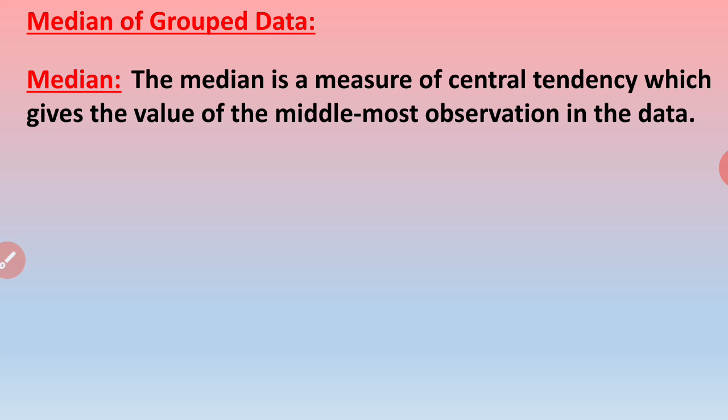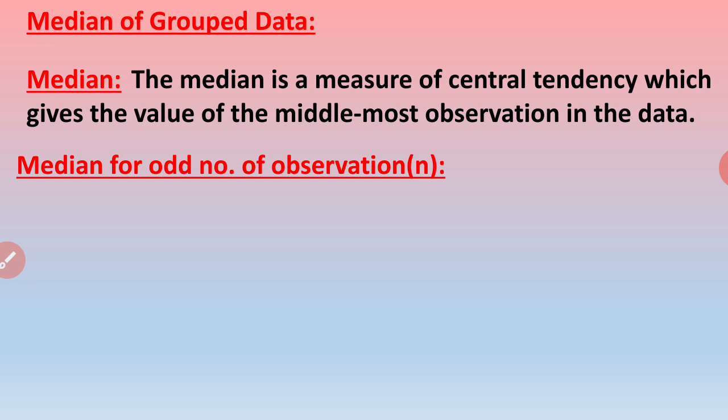Let us see what median is. Median is a measure of central tendency which gives the value of the middlemost observation in the data. It always tells you the middlemost number, but when you try to find out the middlemost observation, you have to get the things in a proper order, that is either ascending or descending. But this is difficult in case of grouped data. So for grouped data, we have a formula for it. We are going to find out the method. We'll try to solve it out.